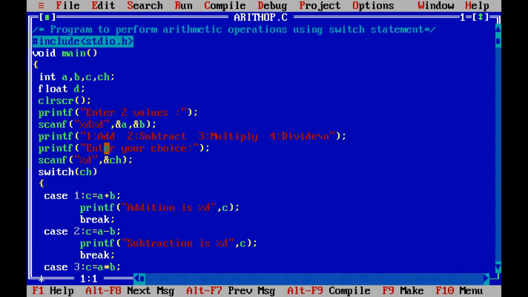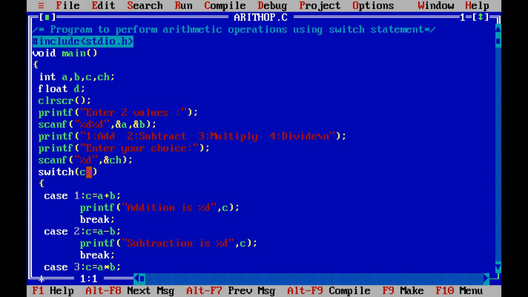When the user enters any of these options, that will be stored in the variable ch. So we have one more scanf statement here, scanf %d &ch. The choice selected by the user will be stored in the ch variable.